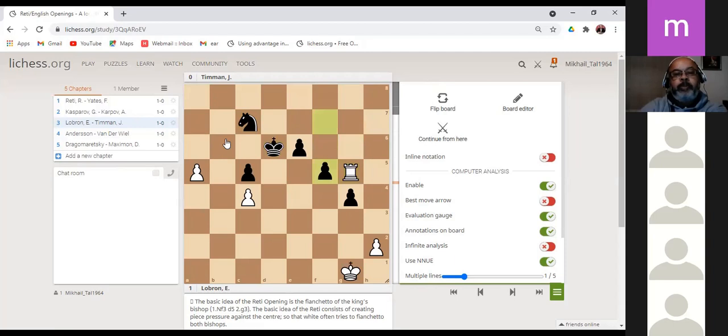More pawns about to fall, and the king now centralizes. This is just basic endgame stuff. That's how I'm rolling forward. Okay, and look how far the white king has traveled. Okay, and after that, there goes